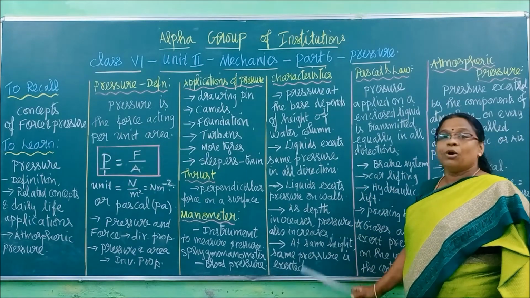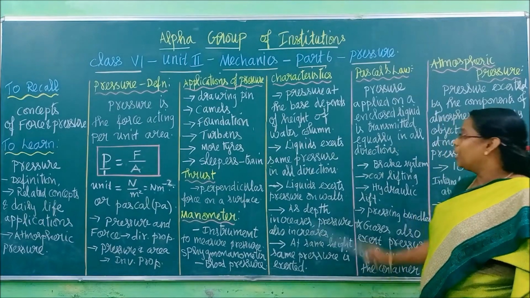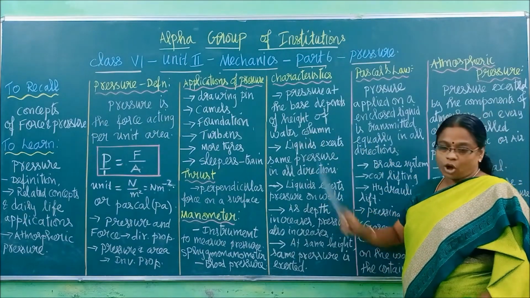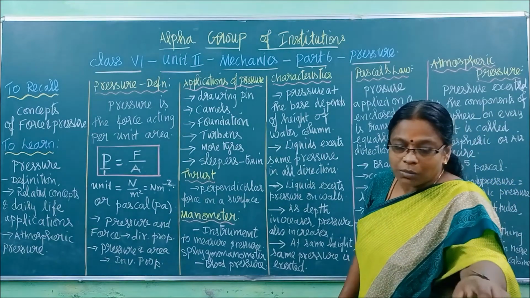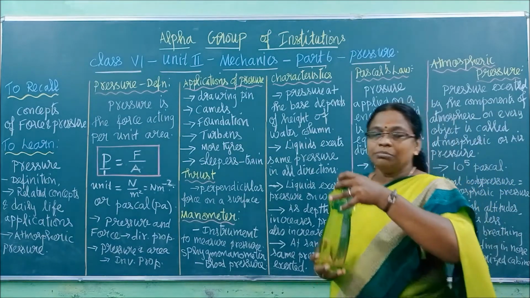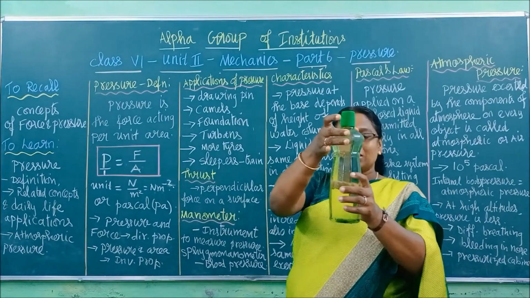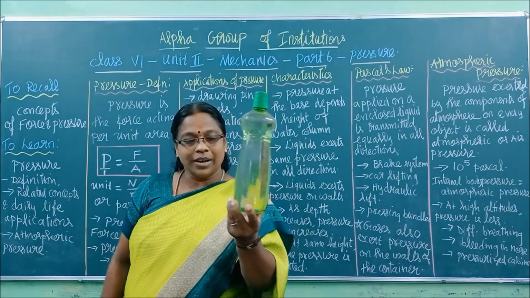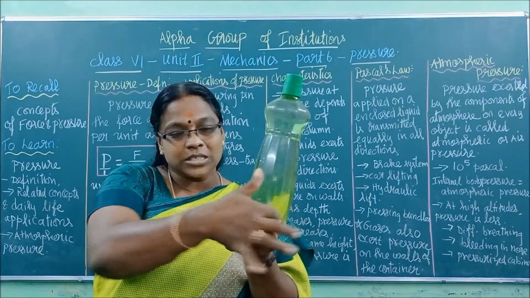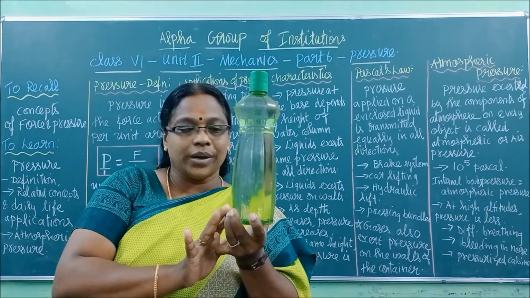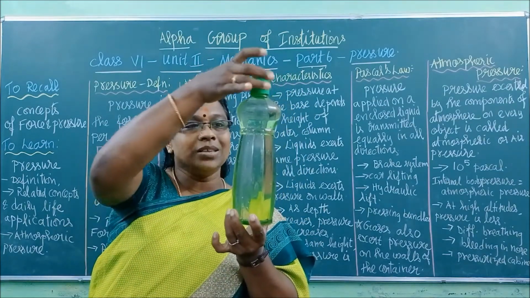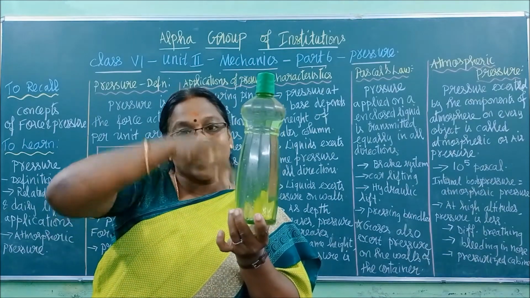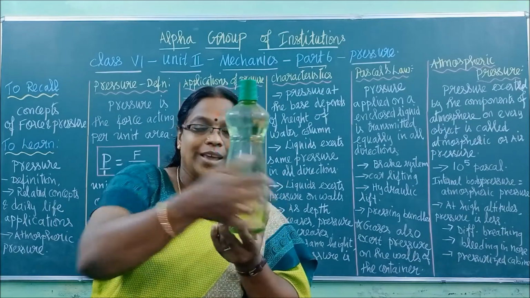Okay. Now this liquid will have some characteristics. It's a very important question. Please understand it. Pressure at the base depends on the height of the water column. For this I have this water bottle as an example. We have a full water bottle. Now at the base there will be some liquid. So this column, the full height of water, will exert some pressure, will exert some force on this particular area.